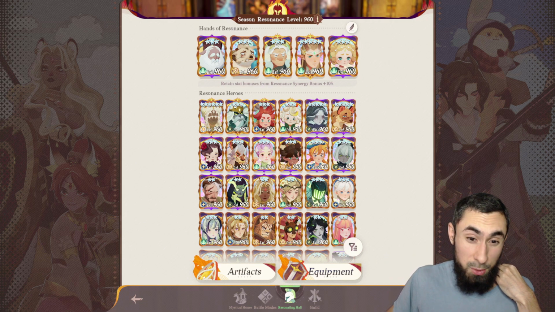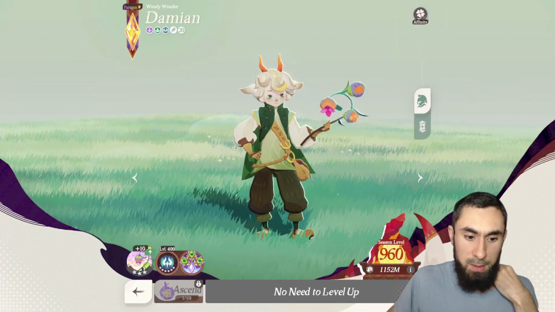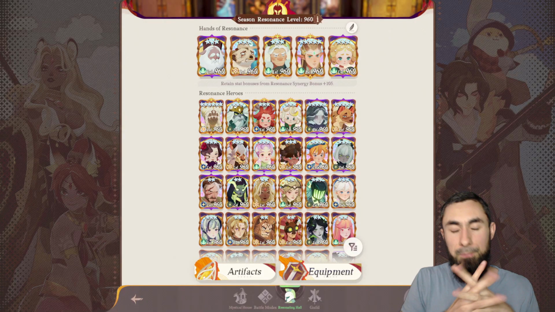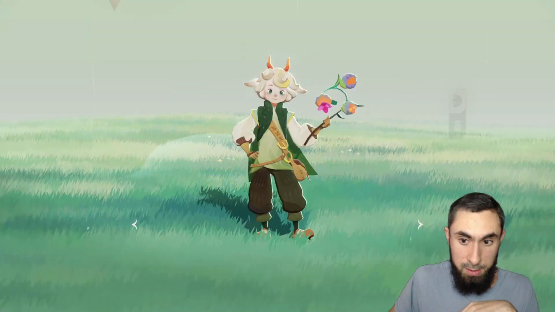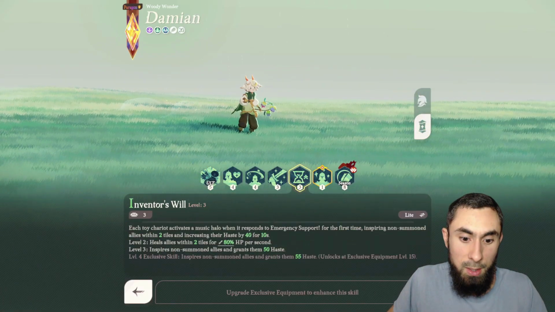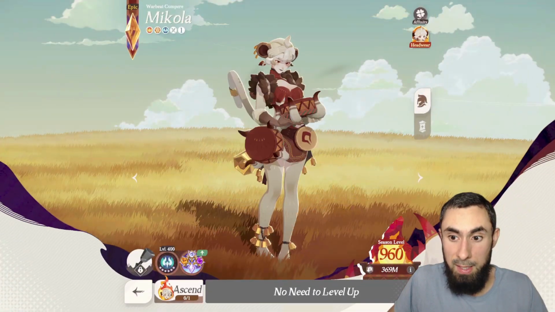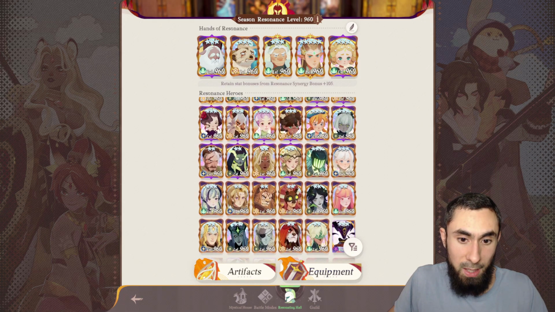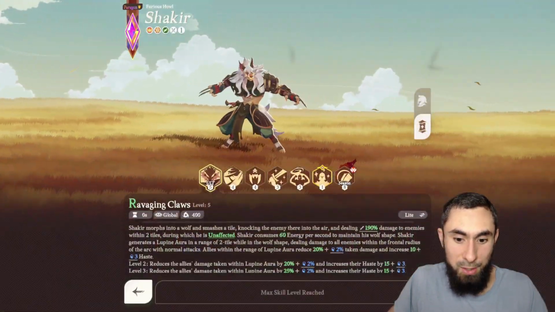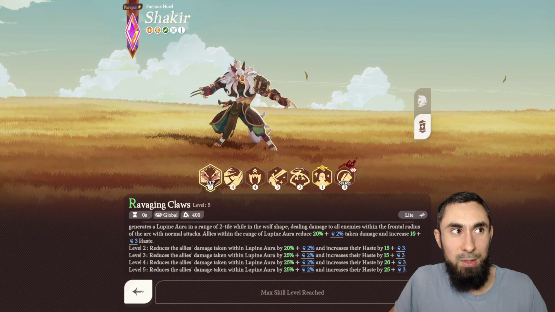But I think Coco is a really good option. I think Coco with Mikola is going to be kind of the dream team, and also Damien Shakir. I feel like Damien is really going to be the best option for this team, because if you're stacking so much haste, like if you take a look at Damien from his Mythic Plus, that is going to give you 50 haste, and then Mikola, with her onto herself, she will give 30 haste, but onto her allies, she will give 40 haste, so that's 90 haste onto allies, and then you have your Shakir on top of all of this. Your Shakir and Lupin's Aura is going to give 25 haste to everyone, so that is total 115 haste